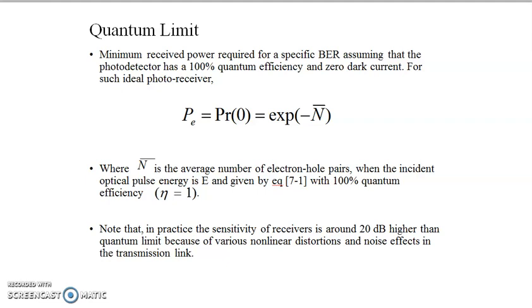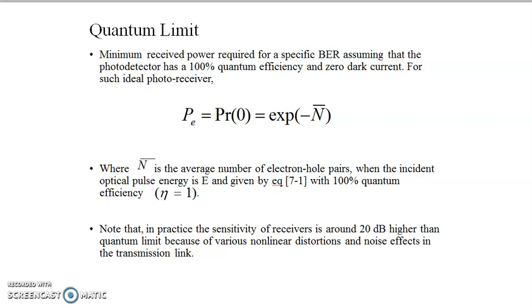So here, another detector component, we can say, is the quantum limit. When a detector receives some signal, it generates an average number of electron-hole pairs, and because of the generation of the average number of electron-hole pairs, we get the detector output in the form of a 1 or a 0. And we defined earlier a threshold value of voltage. Above that we say 1, and below that it will be a 0 output.